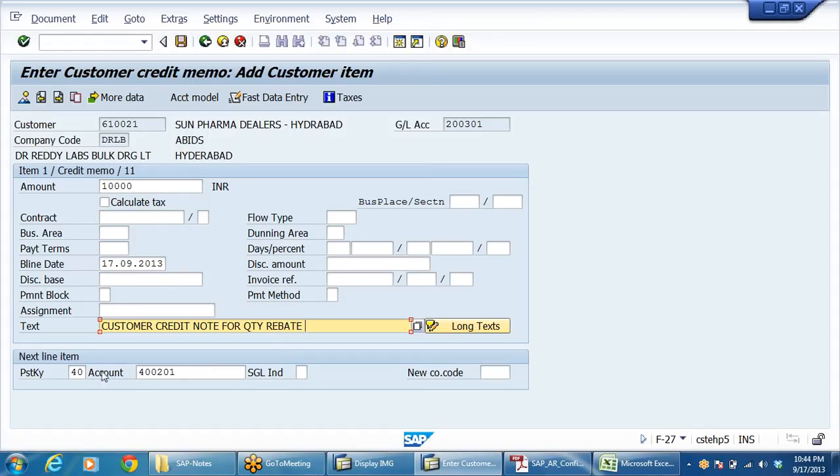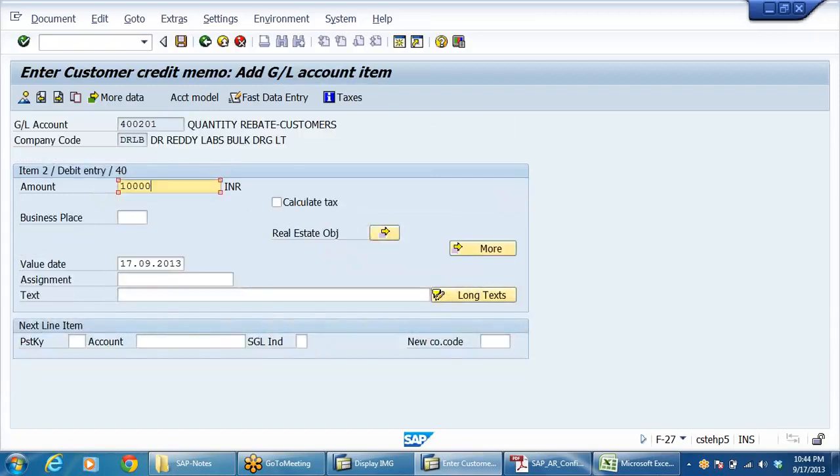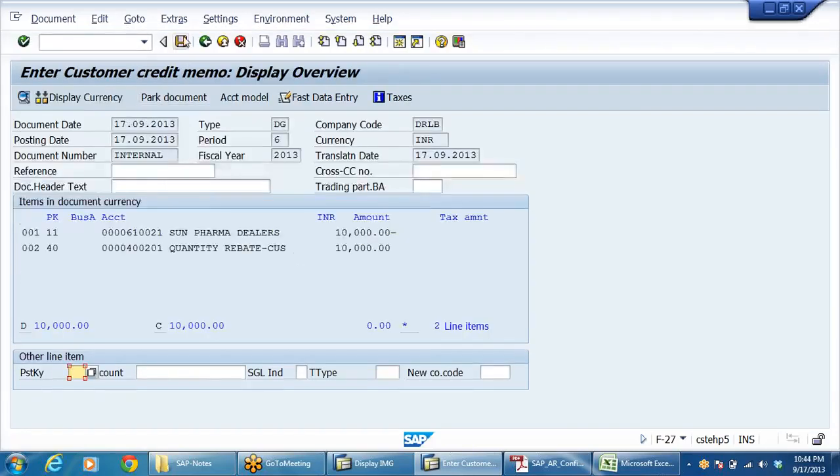So customer account is credited, quantity rebate is debited. Press enter. 10,000 rupees. Save it.